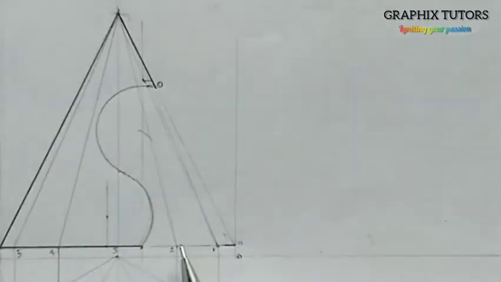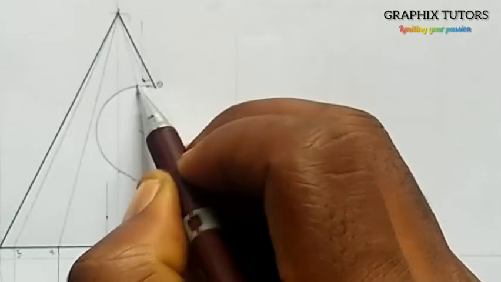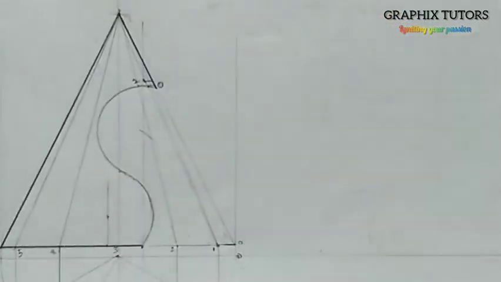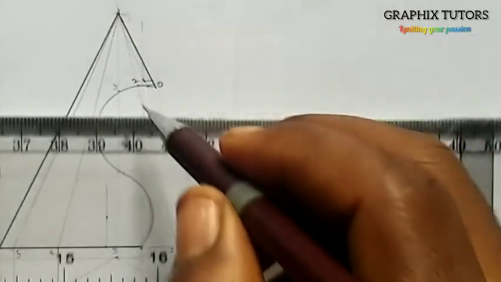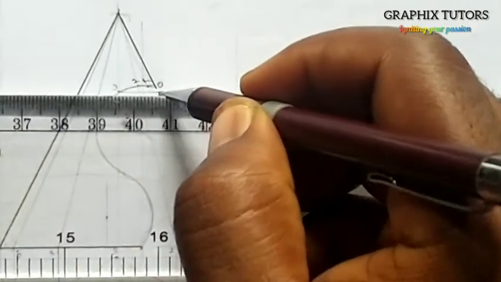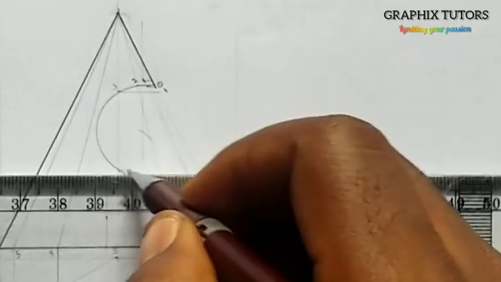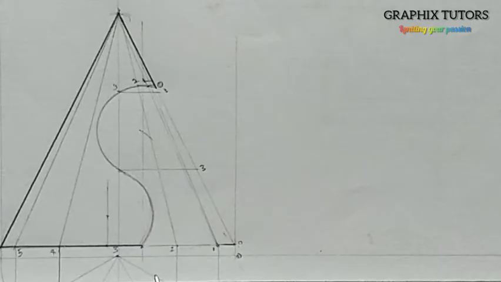Then the next one is 2. This is where 2 meets, right? Point 2. I'll move it to this point. Then 3 meets here, point 3. So this is 3, and the next one is still 3 here also. This is 3. Then the next one is none again. So what we'll do is that